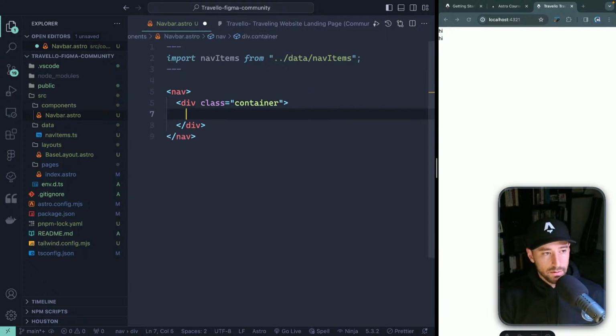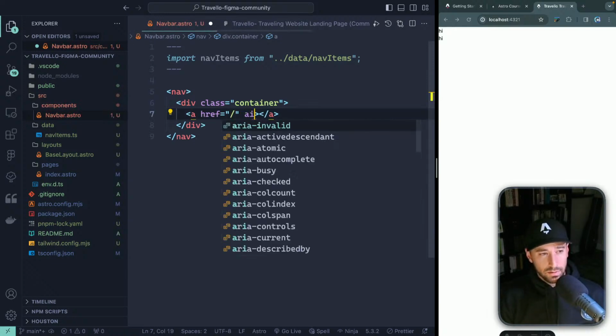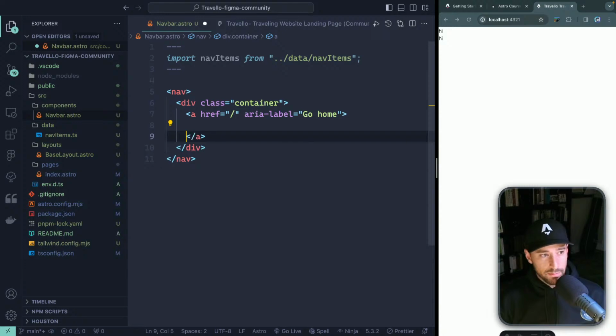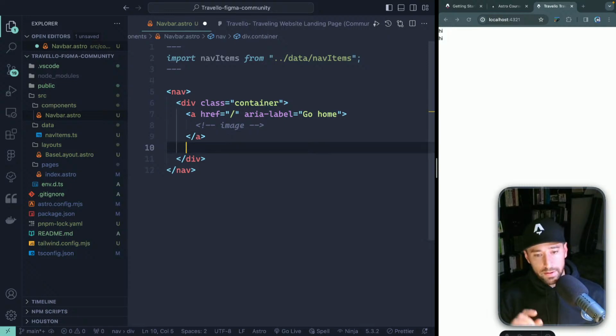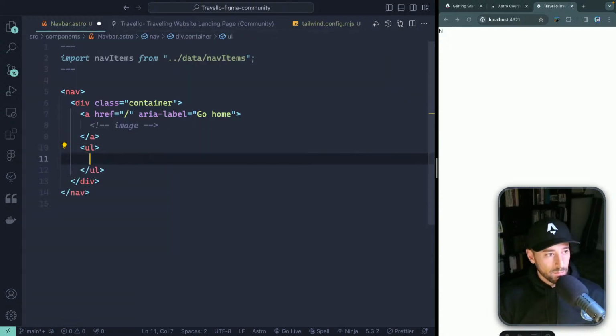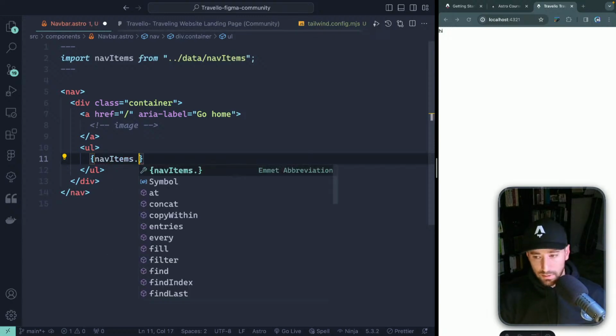We'll have the icon over here, which I would think might be a link. So I'll probably ARIA label this and say something like go home. And then inside here is where we'll have the image. So let's just do image here, which we'll do in a second. Then everything else will be in a UL probably. And so what I can do now is just loop over each of those nav items. And automatically I get access to all these, right? So map,